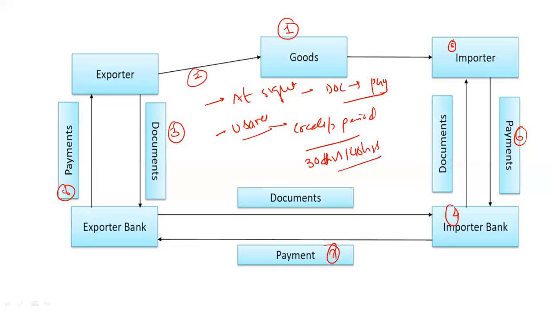And usance: for example, if you wish to give a credit period to the importer, let's say 30 days, 40 days, it's up to you. So initially you submit the documents. That is why I have made a general statement. If it is the first case, you submit the documents and you will receive a payment. And the second option is you submit the documents, the importer accepts them, and as per the condition mentioned in the contract, after 30 days or 40 days, the importer will make the payment. So this is very simple.